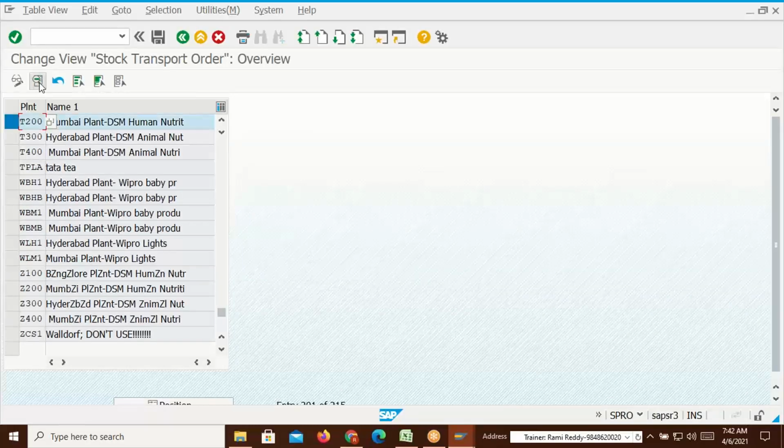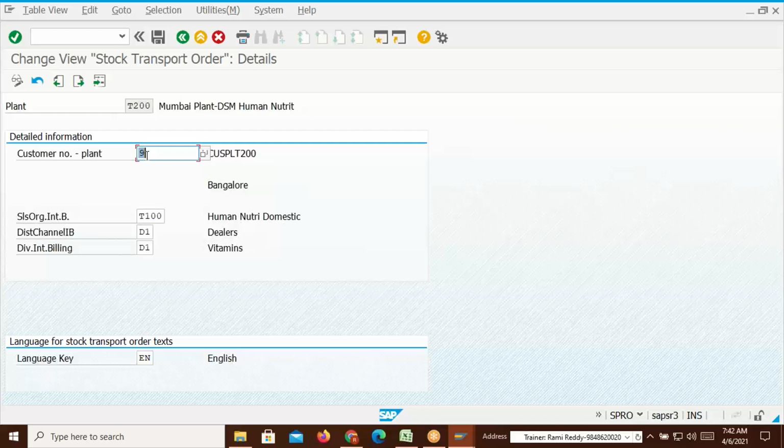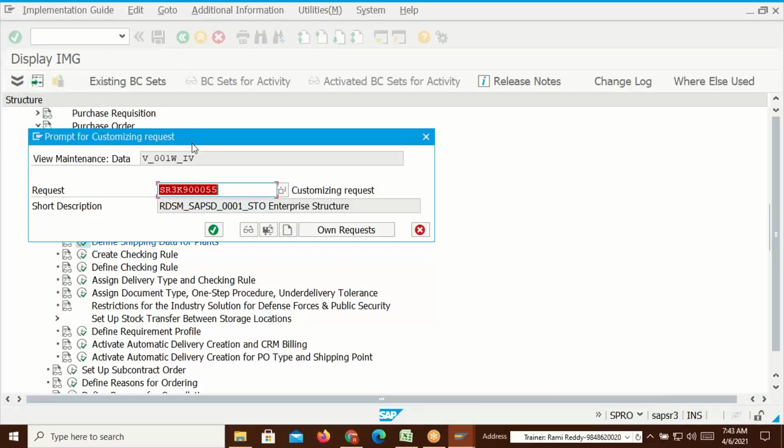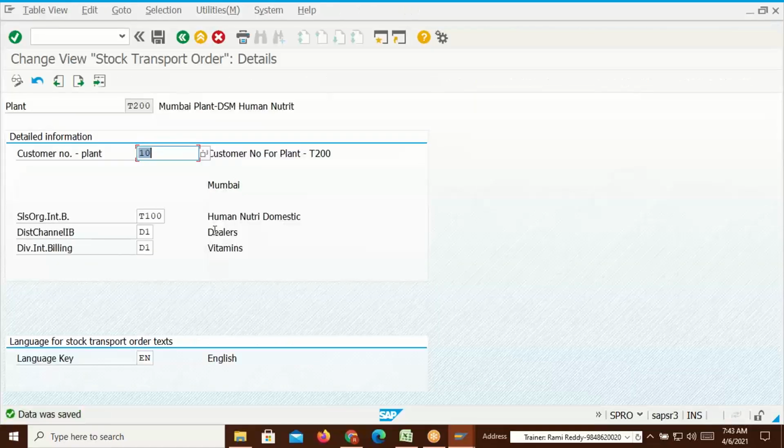And select it and go to details, and here your plant, yesterday I created 9, right? So now we created 10. Now click on enter, and here the area, receiving area, which area it is receiving, that area you have to put. Now very important, observe this. This is for one plant, the receiving plant, you have maintained it. Okay, then you have to go back,